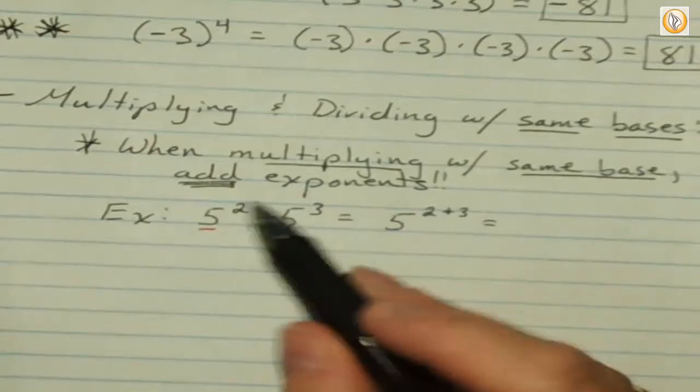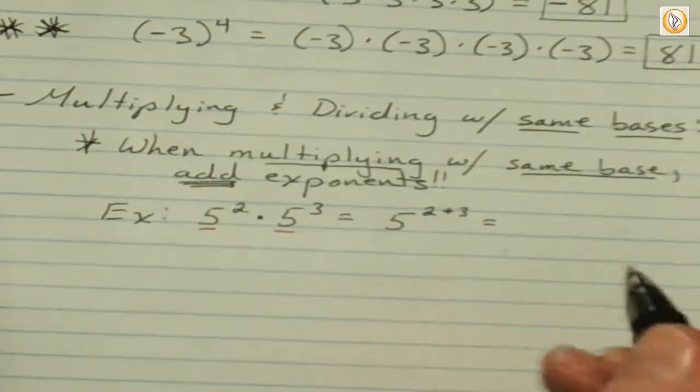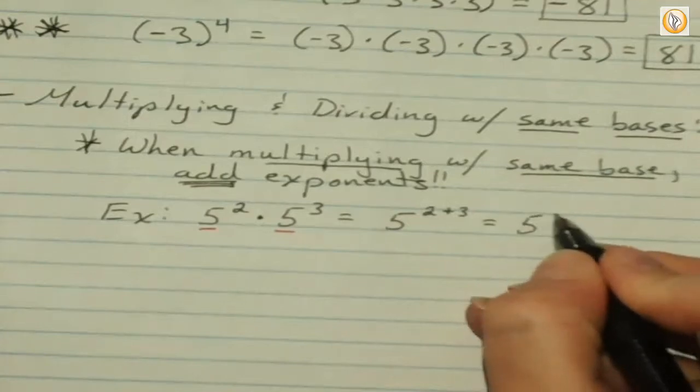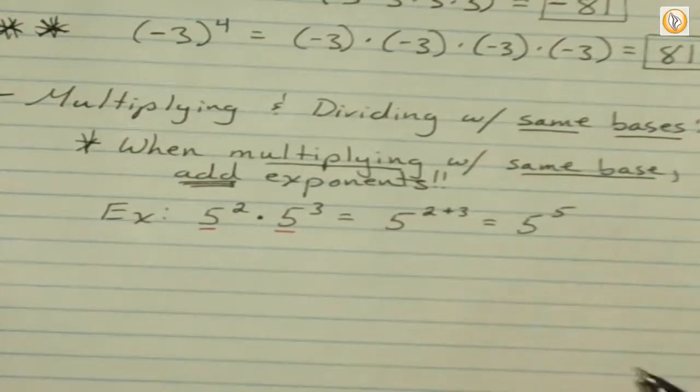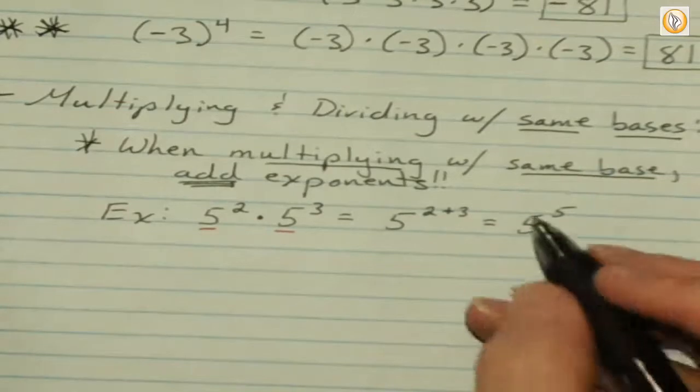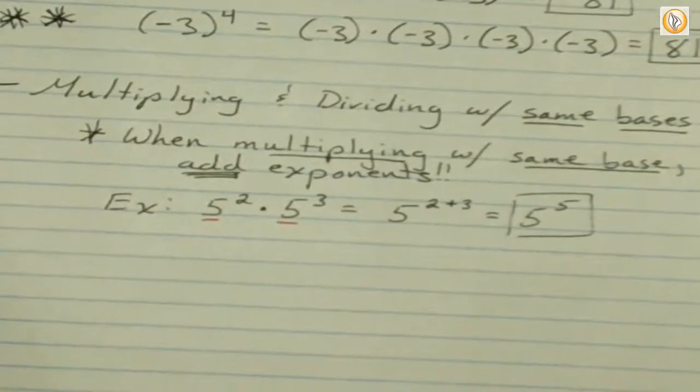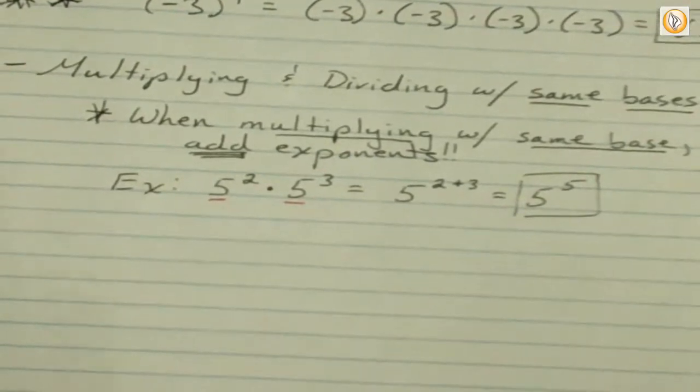Okay, so if the bases are the same, we add the exponents. That would be 5 to the power of 5. And then you'd work it out, but we're not going to work it out. Any questions? Do we remember this? Yeah. What if I had